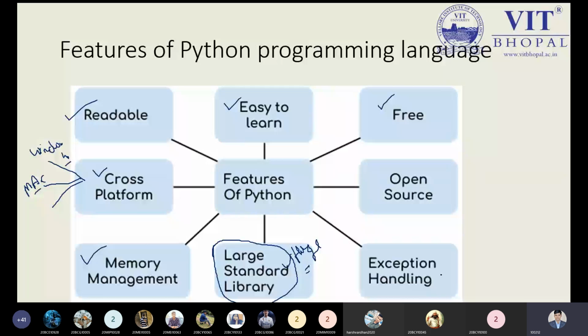Exception handling means if you need to run something which is to be managed in an exception way. We are trying some code, and if there is some exception... now what is meant by an exception? An error is different. Like if I wrote print in capital letters, this is an error because it is not recognizable by the Python programming language. But what does exception mean? Exception means something like a is equal to 10 divided by 0. Can I do 10 divided by 0?